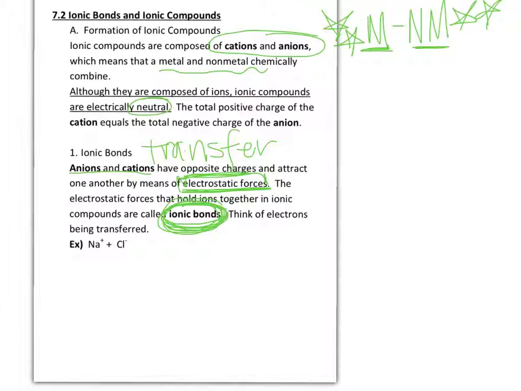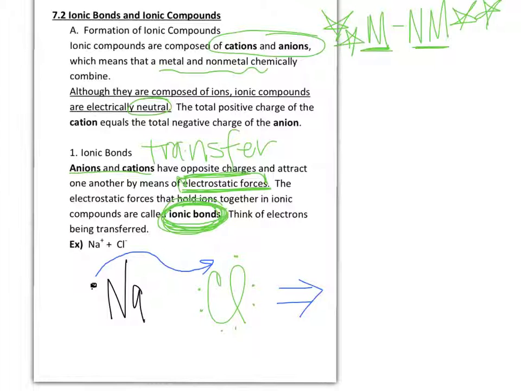So let me show you an example. Okay, so we have sodium, and sodium has a valence electron of 1 because it is in family 1. And we have chlorine that has a valence electron of 7 because it is in family 7. So what will happen is this electron from sodium will go over here and fill that spot where chlorine is,